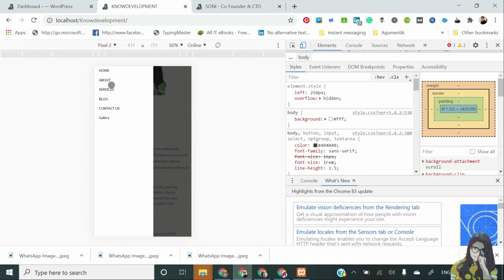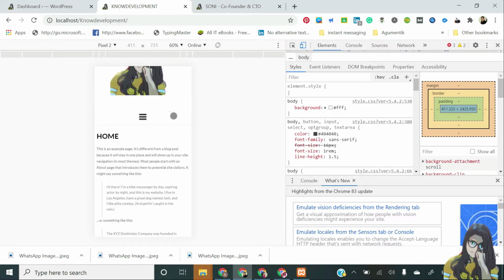Before explaining this, I suggest to everyone: normally we know that without any single line of code, we can create any website. No doubt, I'm pretty sure about that. But sometimes what happens is, if you go to a competitor's website which is better than yours, the first thing you do is compare your website with the other website. At that time you get it in your mind that your website is not looking as good as theirs.